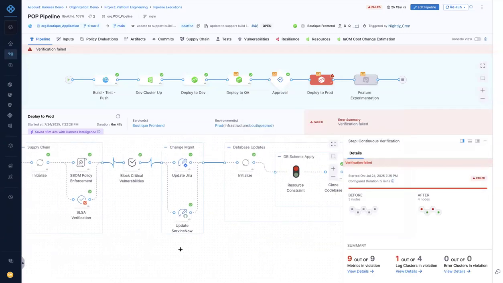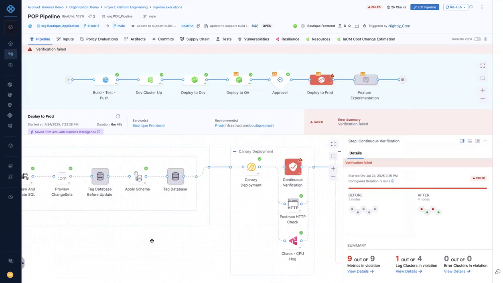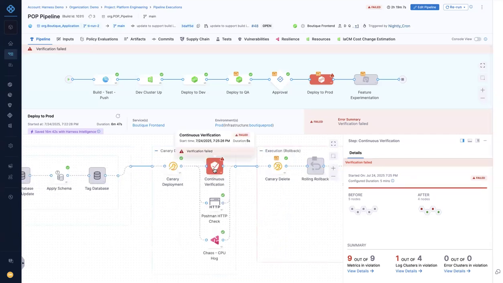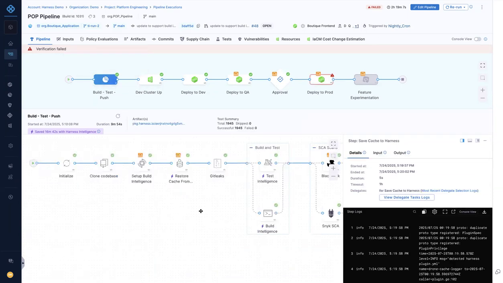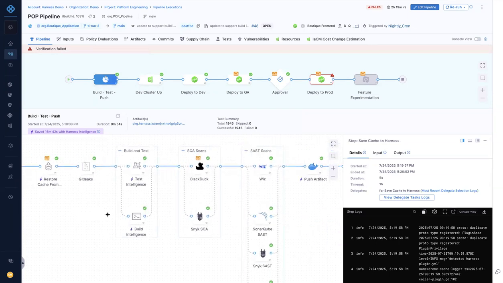But AI is not new to Harness. We were actually the first ones to embed AI into the SDLC with things like our continuous verification, which is going to monitor post deployment for any anomalies and can automatically roll that back based on thresholds that we set here. If we go back to our build stage right here, we're running our security scans and we're also using